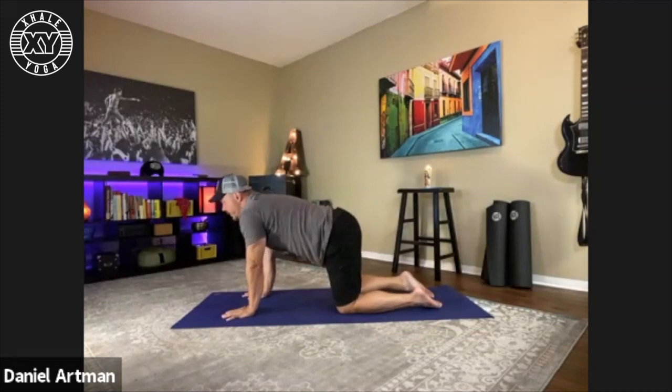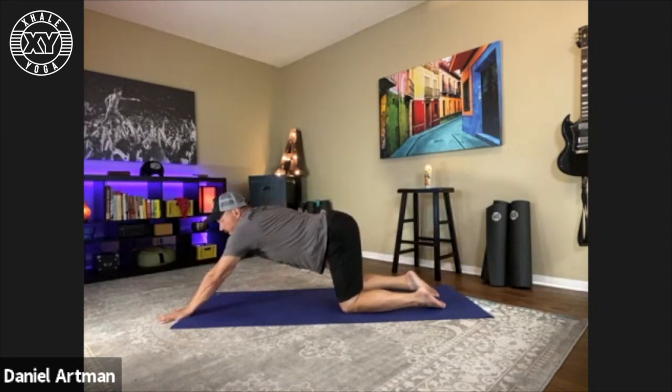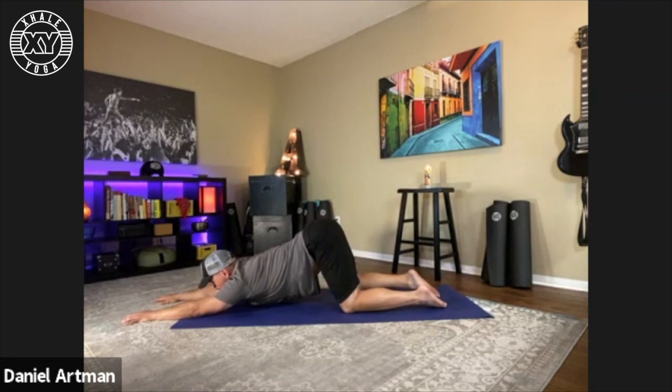Then after 3 cats and 3 cows, return to all 4 pillars, solid, firm. Rotate the eyes of the elbows slightly forward as you begin to traction. Leave the knees aligned with the hips as you traction and trace the palms forward for a puppy dog stretch, Uttana Shishosana. Aiming the heart toward the mat,